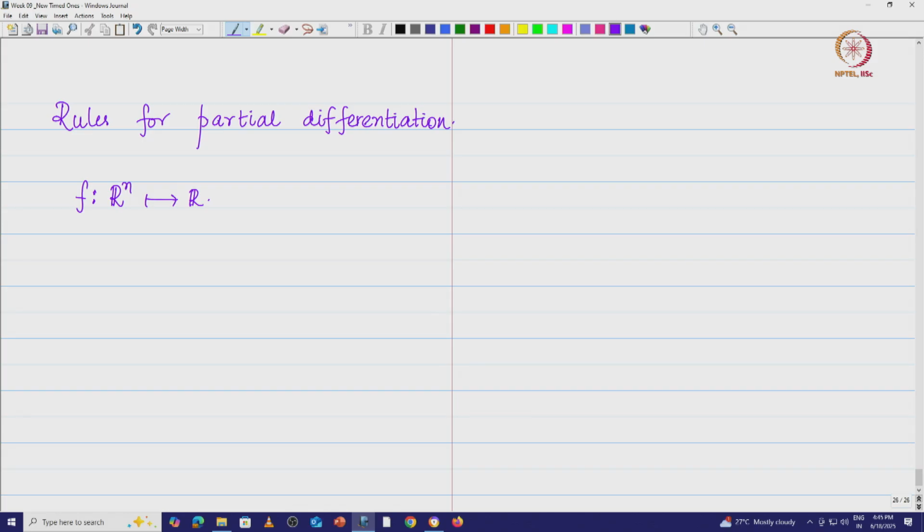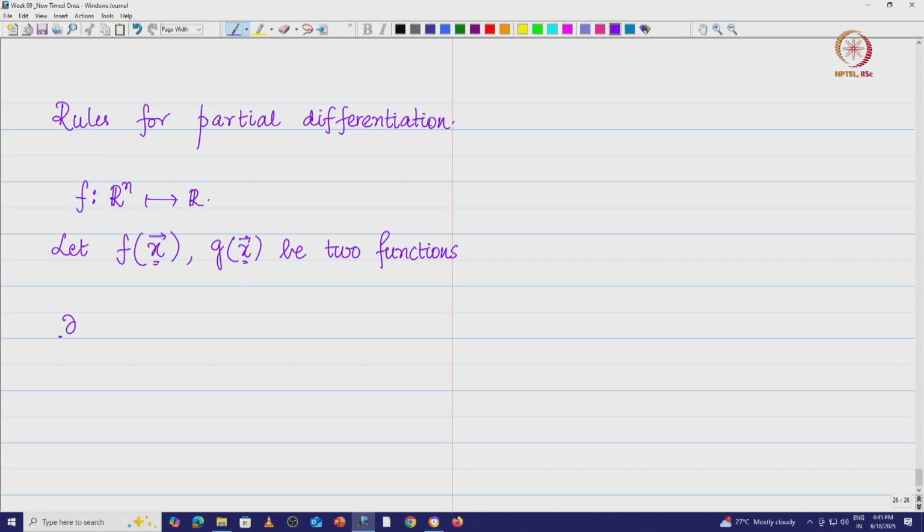There are two functions. Let f of x and g of x be two functions. Of course, continuity must be there, and you should have derivatives, it can be differentiated at a particular point, or the derivatives be available at that particular point. So I am going to take f of x vector, that means this is going to be a function of n variables. So f and g are there.